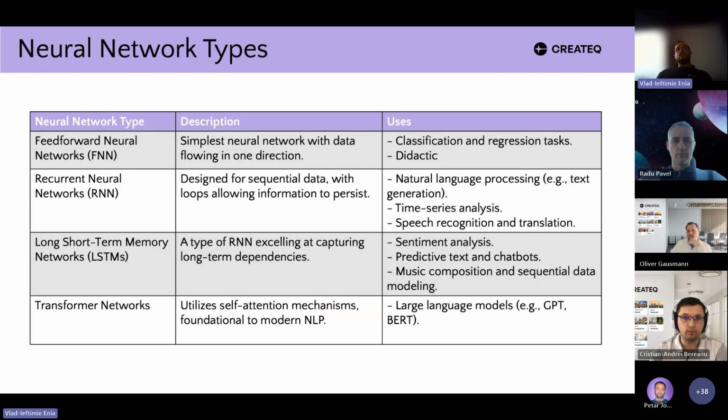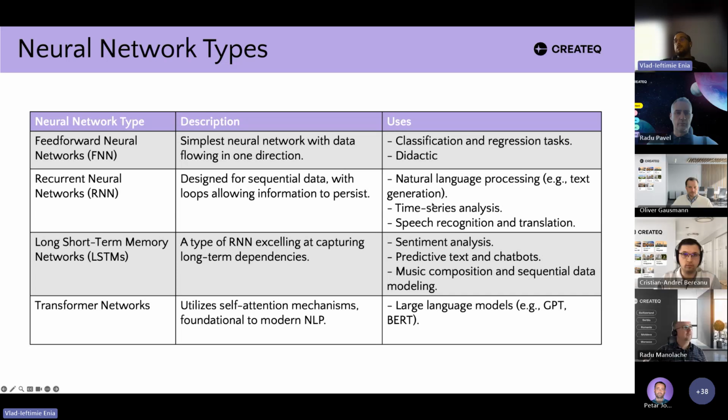Some of the neural network types that we will discuss today: we talked about feed-forward neural networks in our previous presentation. They are the simplest kind. They are good for classification or regression and also for didactic reasons. We will talk about recurrent neural networks, which are the foundation of natural language processing, and they are also used a lot in time series analysis and other sequence-based inputs.